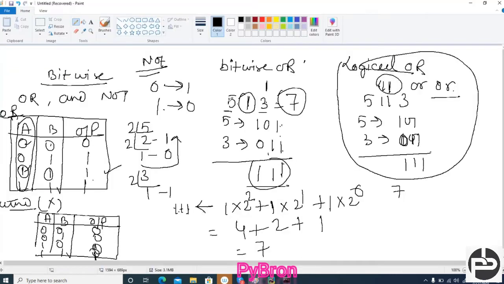Similarly, if you go to the logical AND operator, can you see this? If the first condition is false, if 0 means false, then if you multiply any number by 0, what output will we get? 0 only, correct? So if the first condition is false, then it will not check the second condition. Automatically the output will be low.